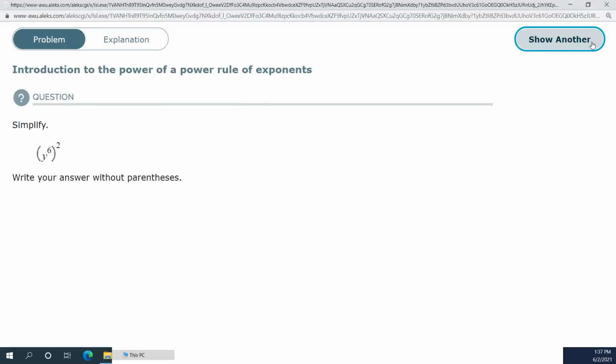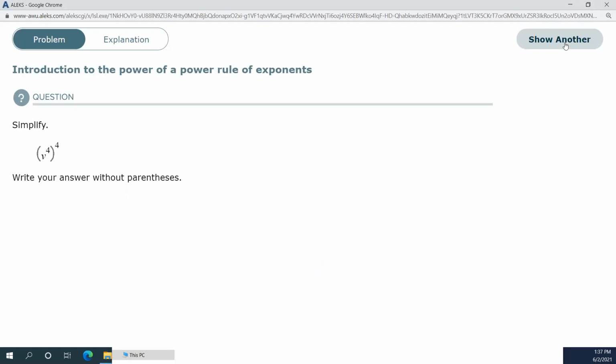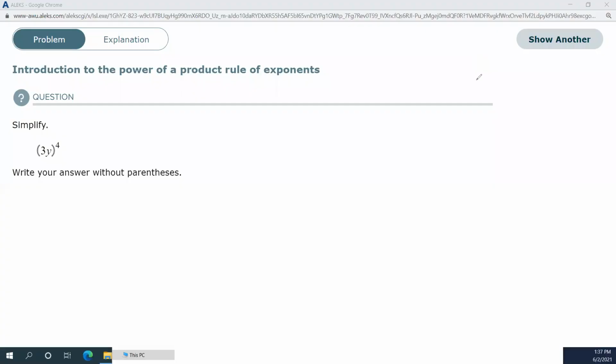That'd be y to the 12th, 6 times 2. This would be, well, we just did that one. x to the 20th, y to the 12th, y to the 16th. Okay, 4 times 4. So that's how we do it. Now we'll do something real similar, except this time